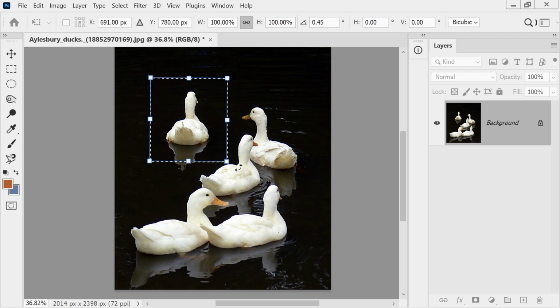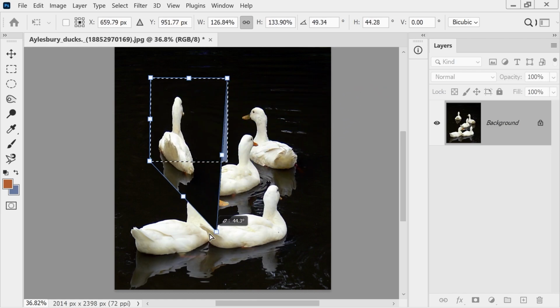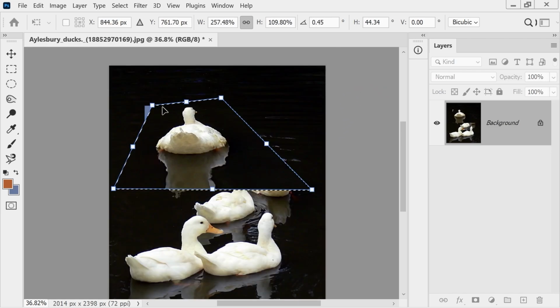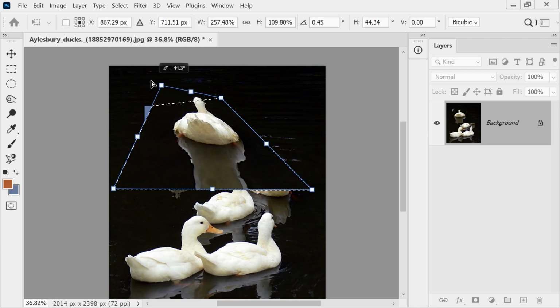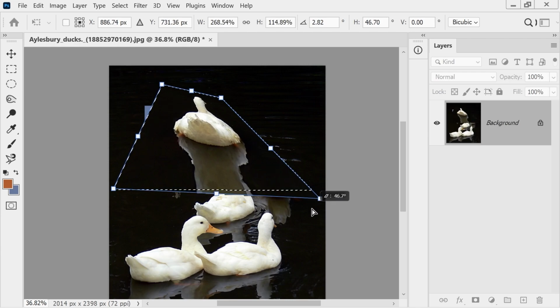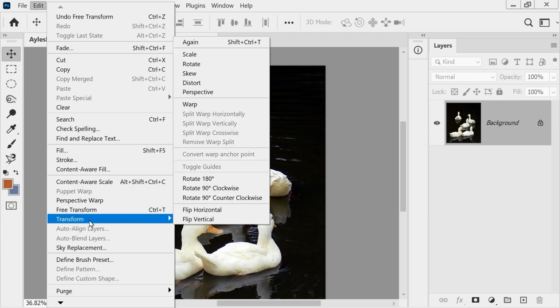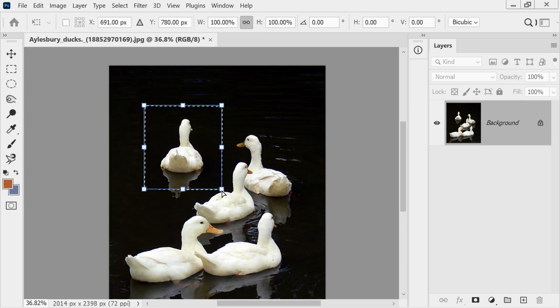Less subtle though is the distort, which is a control click on a corner point, and you can distort the image however you want. Shift and Control is going to give you the perspective effect. Now, of course, you can actually access these from the transform menu themselves, and also you've got these options to rotate and flip. So you can see we looked at scale. So we looked at those. So for instance, if I do distort,